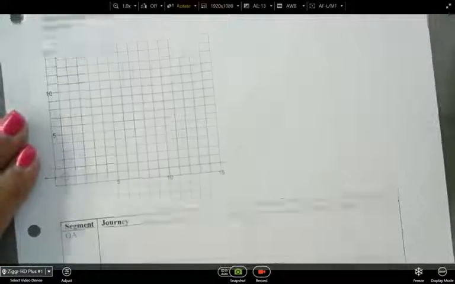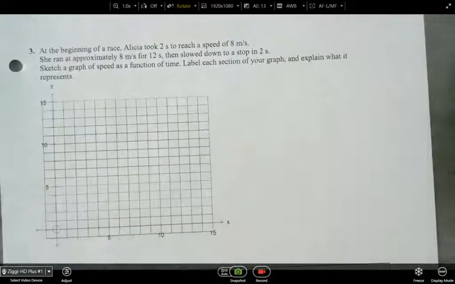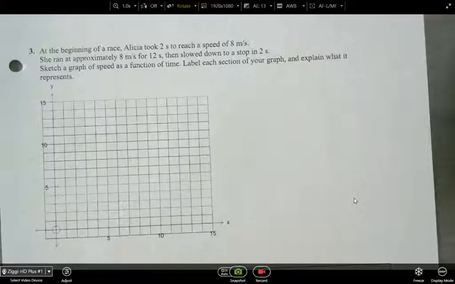Okay. So there's our little story. All right. Now, in this one, okay, so in this question, what we're going to do is read the situation, read the story, and we have to build the graph